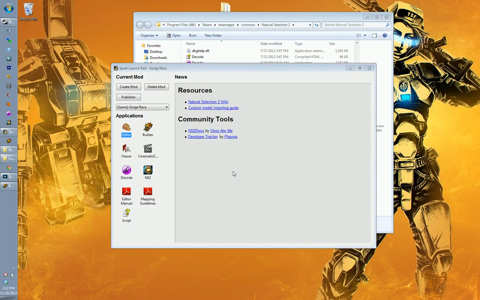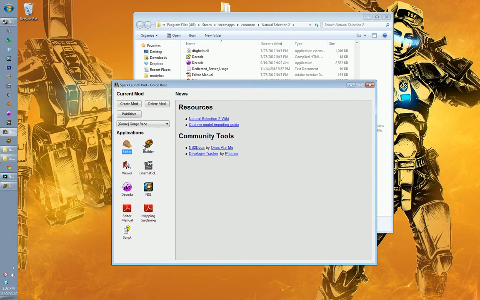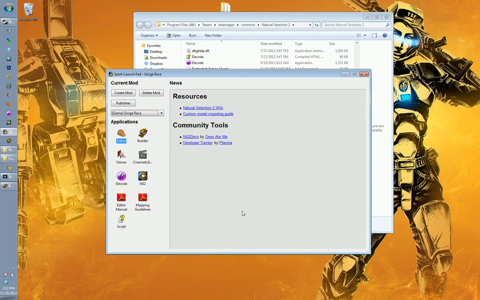Hello, I'm back again, and had to take a quick break there. So now we need to do a couple more things. I think the last thing that I need to do is set it up in the actual editor, and then we can check it out in the game. So yeah, I'm going to open up the editor here